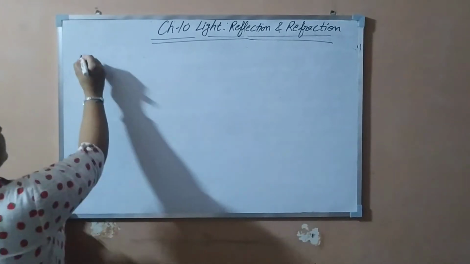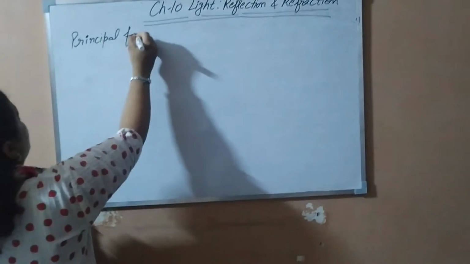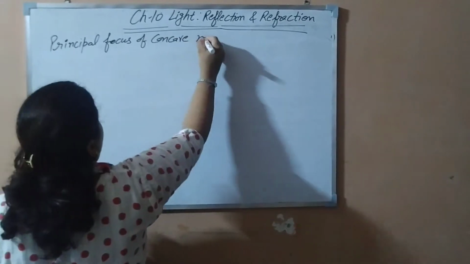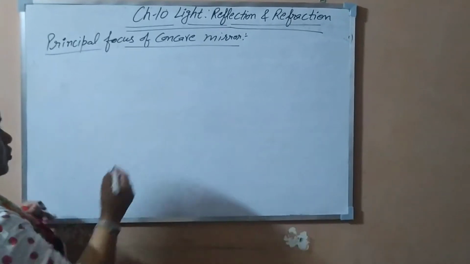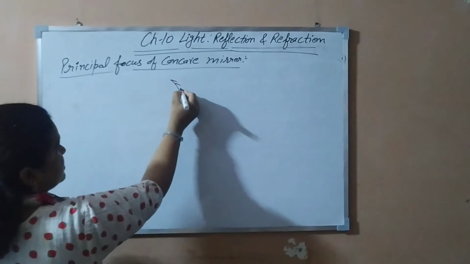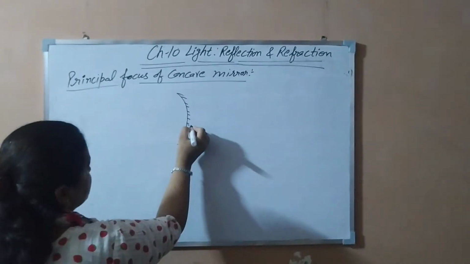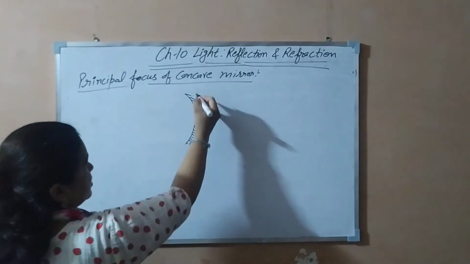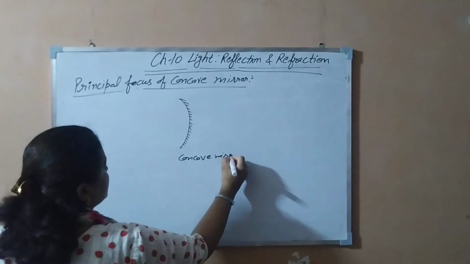To understand this, first of all we will find out the principal focus, or simply we can say the focus, of a concave mirror. First we will do that, after that the convex mirror. You know that when we have a curved surface with a silver or shining coating on the bulging out surface, then the inner surface is reflecting, and that mirror behaves as a concave mirror. So which mirror am I having here? A concave mirror. It is a spherical mirror, so it is a concave mirror.